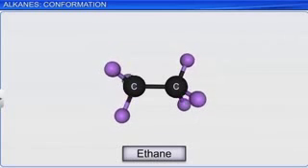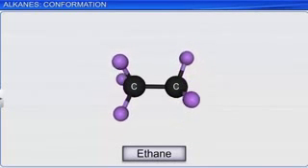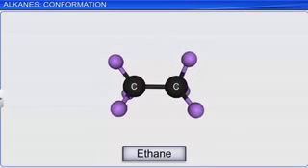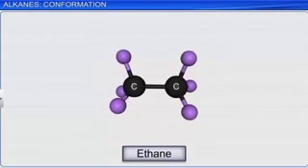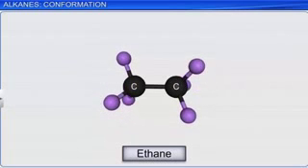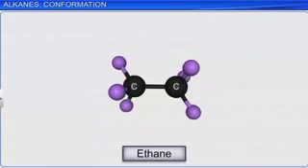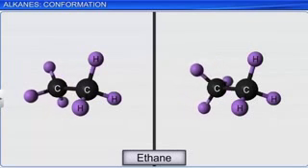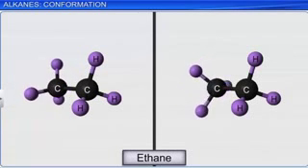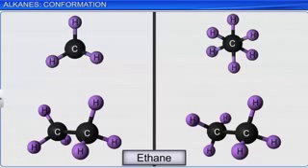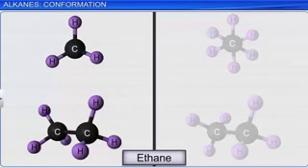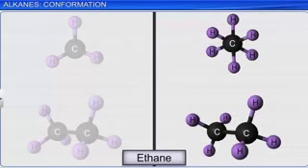In reality, both the carbon atoms will be going through such rotations, thus increasing the number of spatial arrangements. Let's study these in detail. We can observe that there are 2 extreme positions of the hydrogen bonds of 1 carbon in relation to the hydrogen bonds of another carbon atom. One, where the hydrogen atoms attached to the two carbon atoms are as close as possible to each other, and the other where they are as far apart as possible.